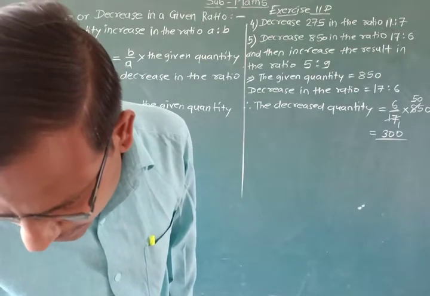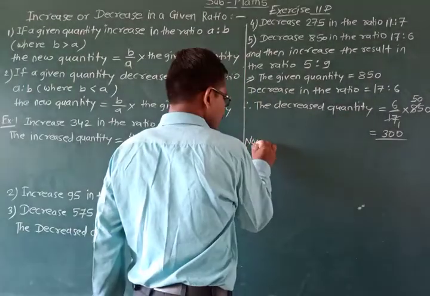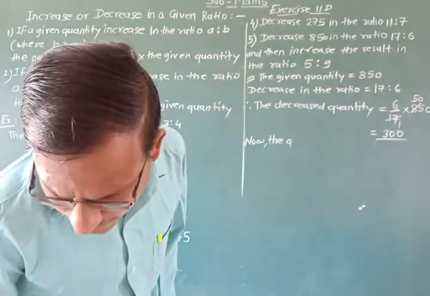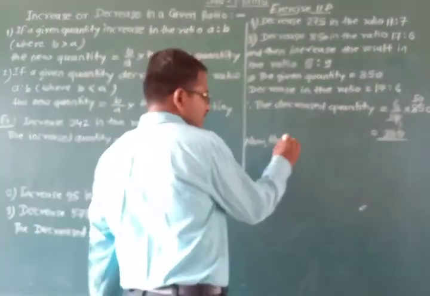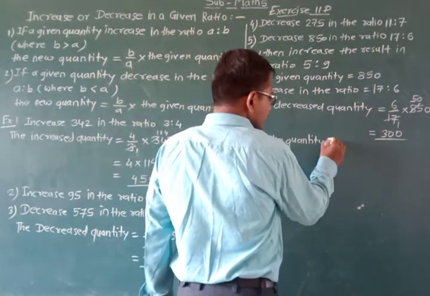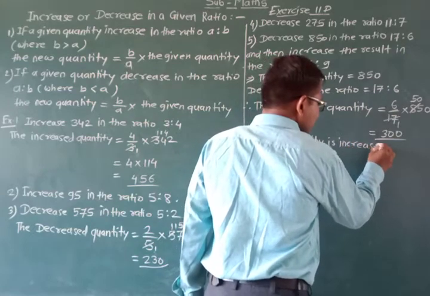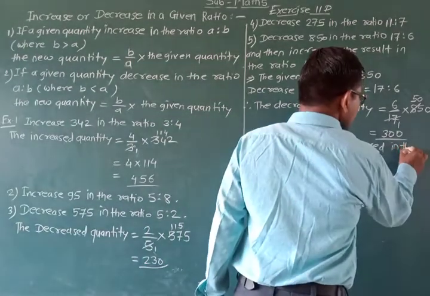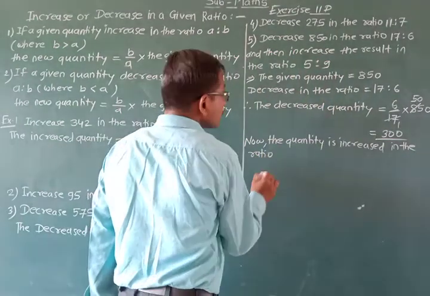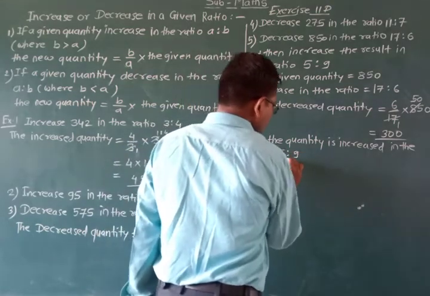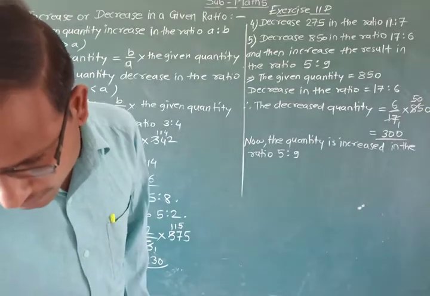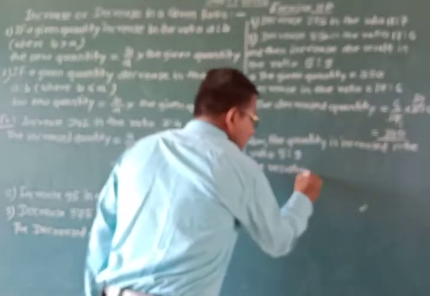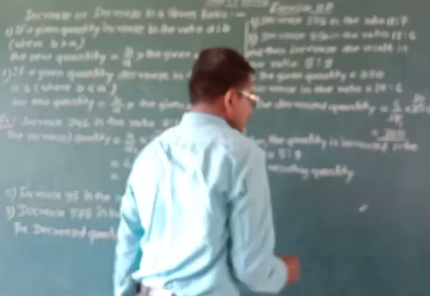Now the quantity is increased in the ratio 5:9. The resulting quantity is equal to...